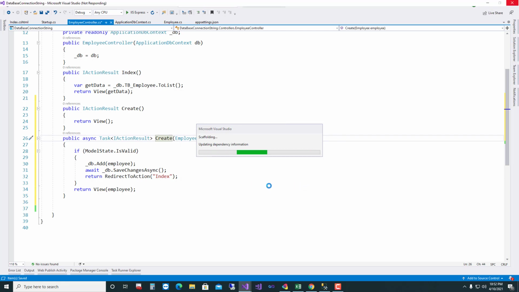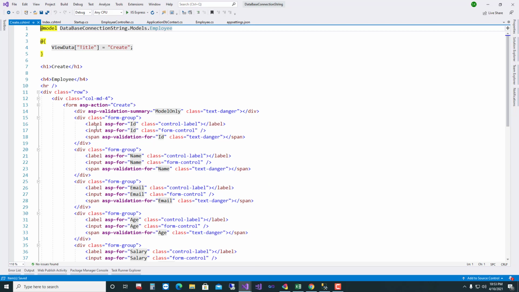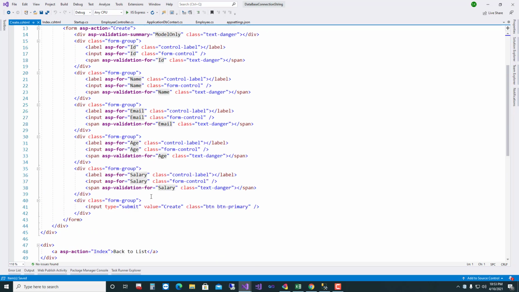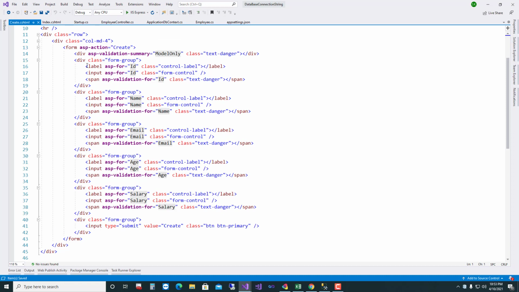Scaffolding for create view. Okay, my view is ready. Okay, this ID column is auto generated, so there is no need to insert this column. Okay, I comment this,